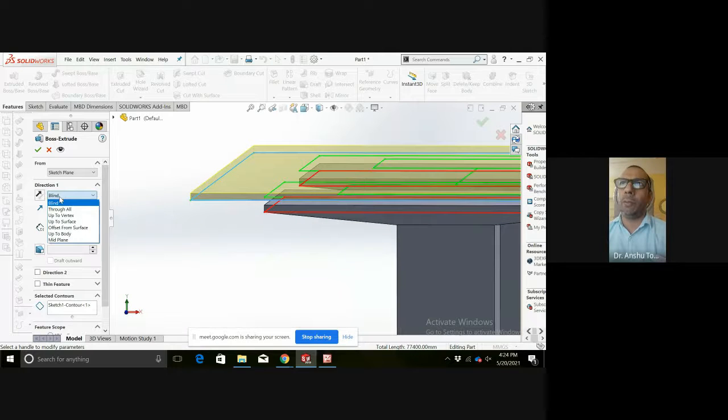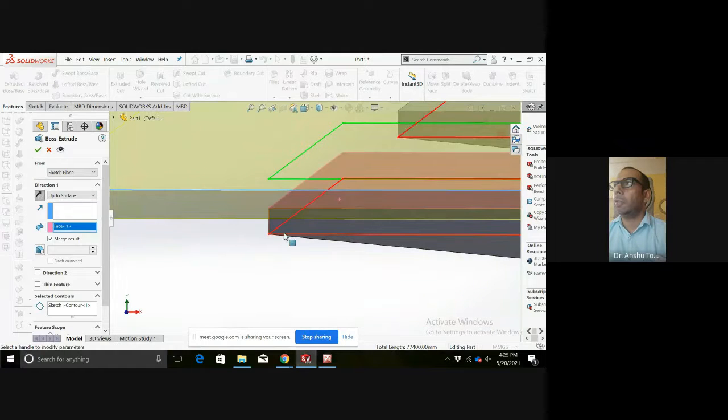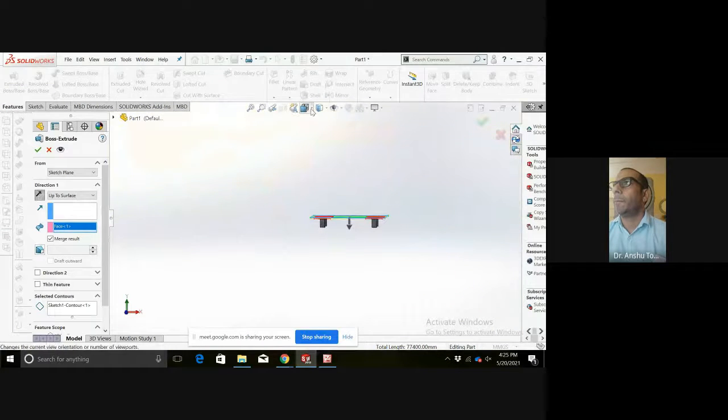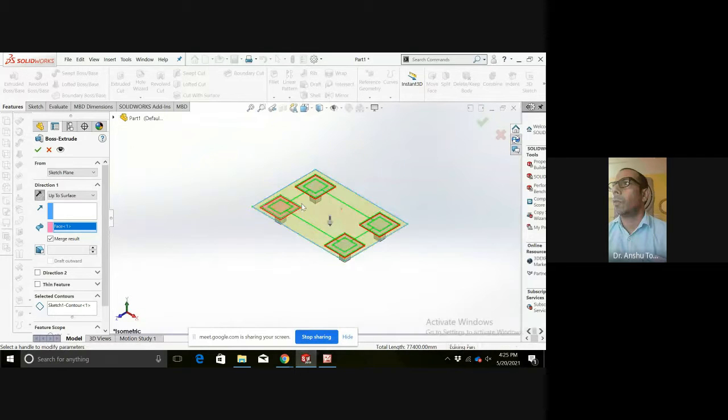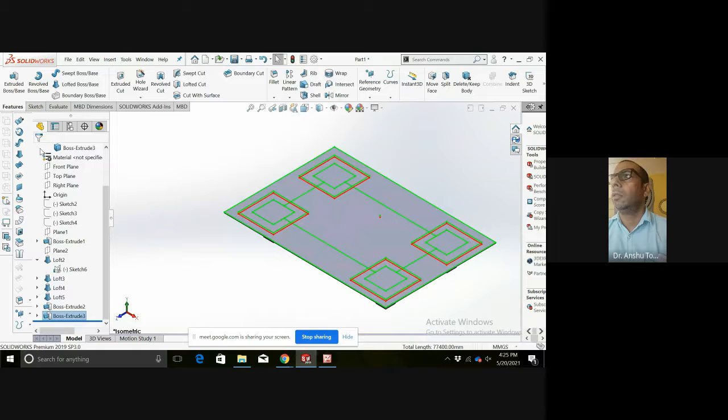So I will take from here up to surface and I will select this surface. Merge result, and it is done.